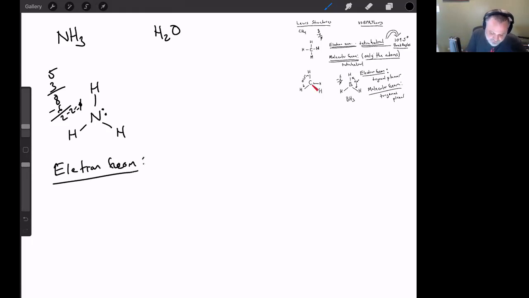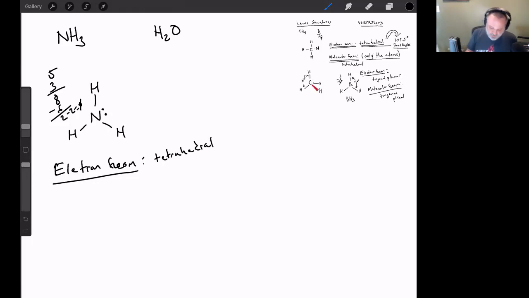Remember, the electron geometry is determined based on electron groups. I count electron groups by counting lone pairs or any type of bond. Well, what kind of lone pairs and bonds do I have? I have 3 bonds to hydrogen, so that's 1, 2, 3. And I have a single lone pair, so that's an extra 1, so 3 and 1 is 4. So I have 4 electron groups, and 4 electron groups means I'm back to this tetrahedral